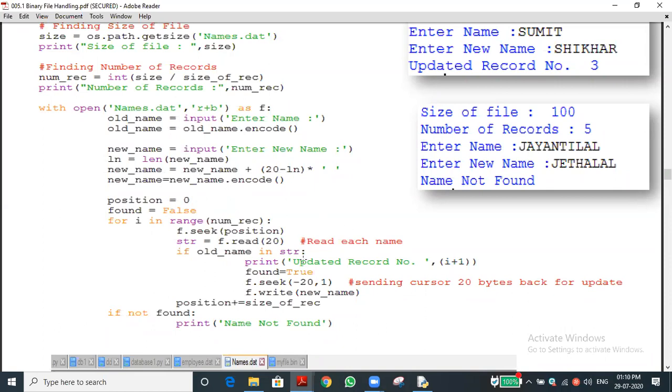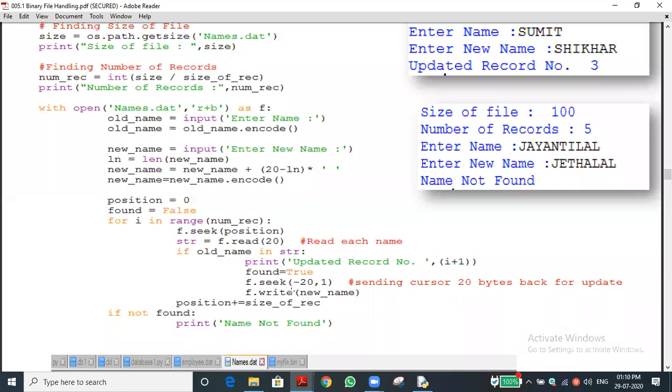It already read the data. Now if the pointer is moved by minus 20, what will happen? It will go minus 20, the reverse side. That's why we are mentioning 1. The default value is 0: if it travels in minus, reverse side, it means 1. If it is at the current position, it means 0. If it is going forward, it means 2. That is the reason. Have you understood?